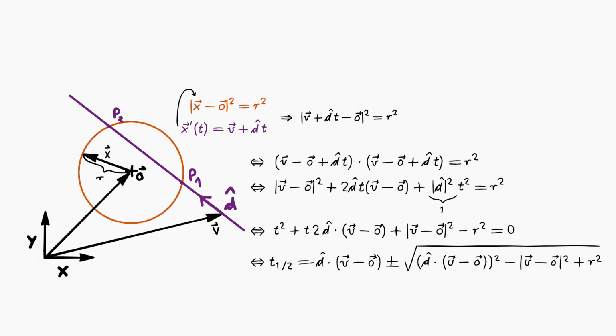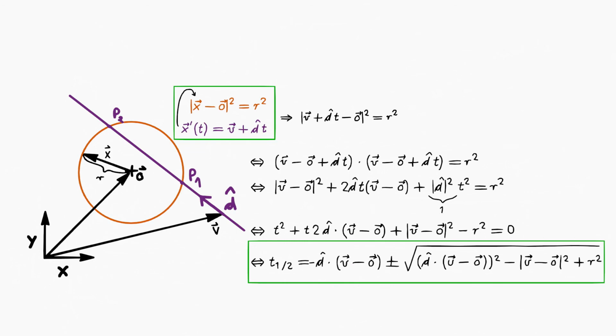And that's basically it. Just one final note. We started with simple equations for a circle and a straight line and ended up with a rather complex term for t. Luckily, it's possible to interpret our solution and assign a geometric meaning to the form, which I will probably discuss in another video.